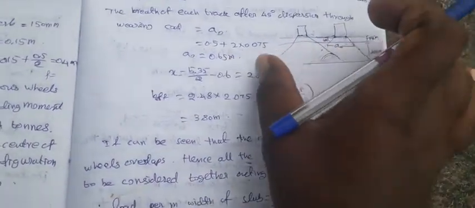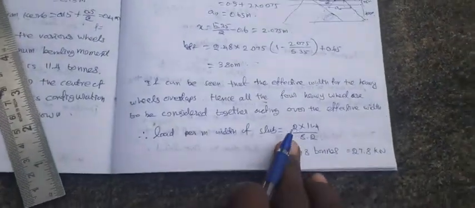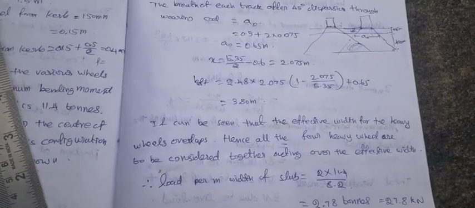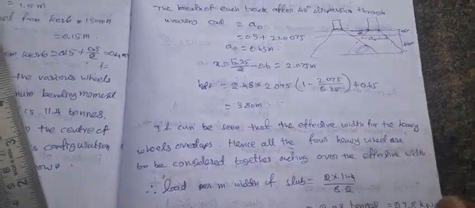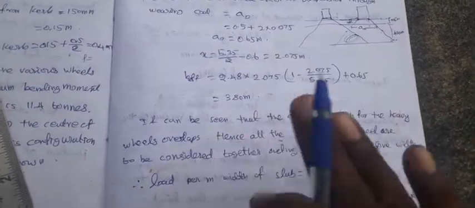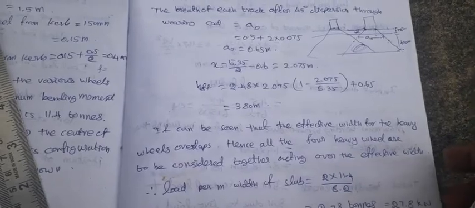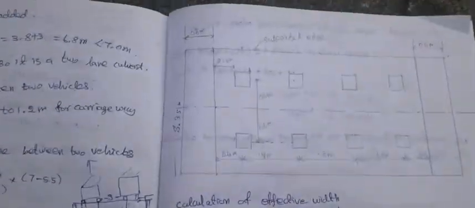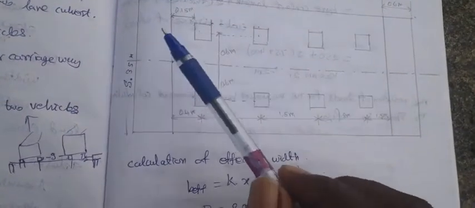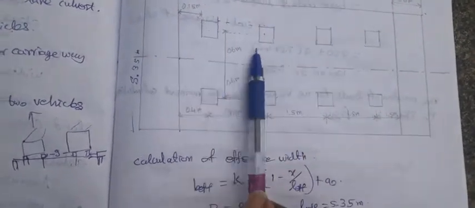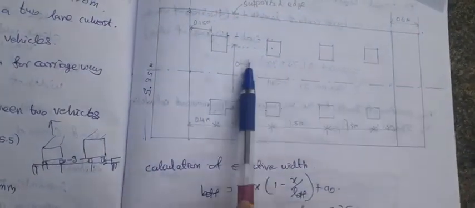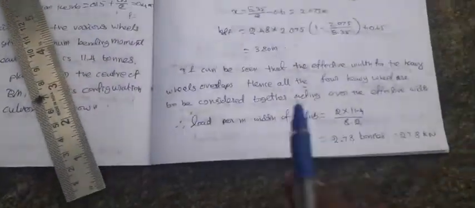Up to 3.80 meter, their loads are overlapping. These loads are spread. That's why here we consider the loads due to the wheel loads, or loads due to the point loads, not as point loads. I think these are all considered as uniformly distributed loads through the section like this. So these loads are not point loads in this condition. The loads are spread through this length also. That's what I am saying here.